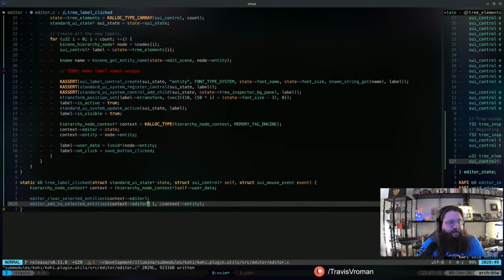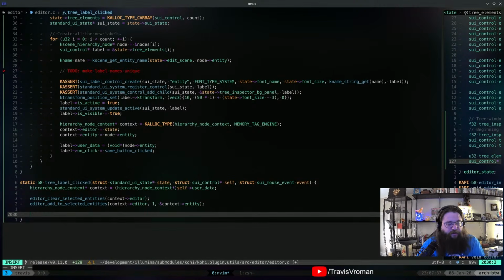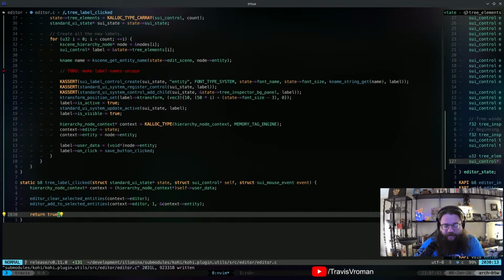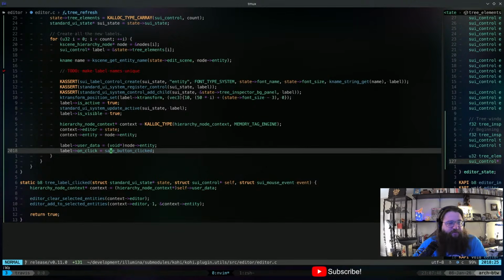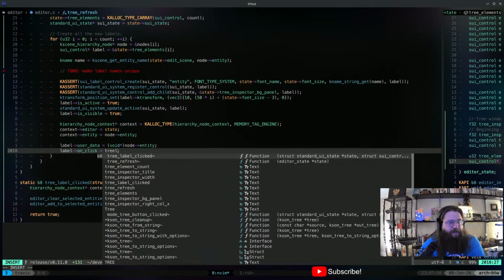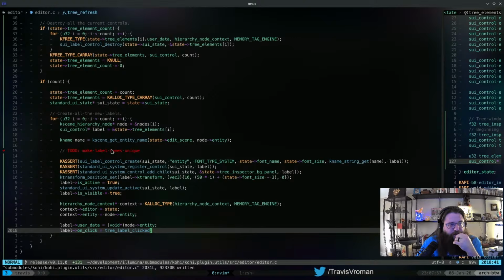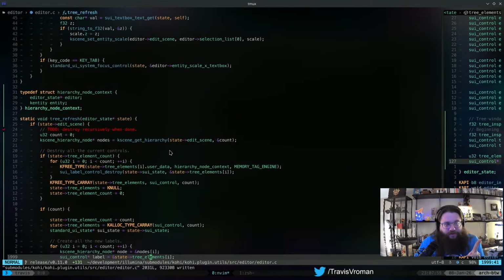And so whenever we click on that, that's what that's going to give us. And we're going to say return true because we don't want anything else to handle that event. Okay. And then instead of save button clicked, we're going to do tree label clicked.